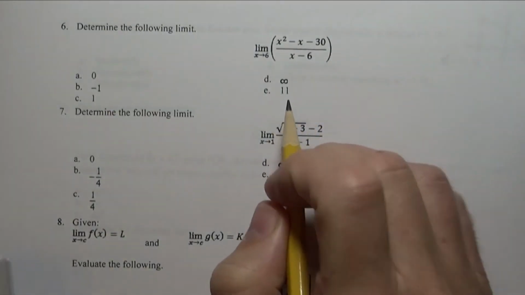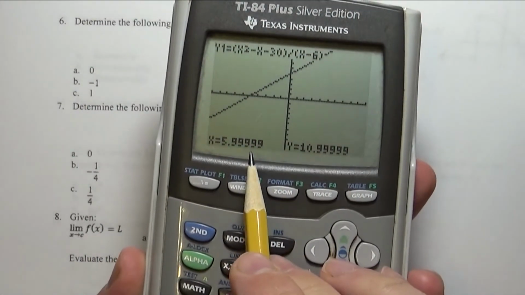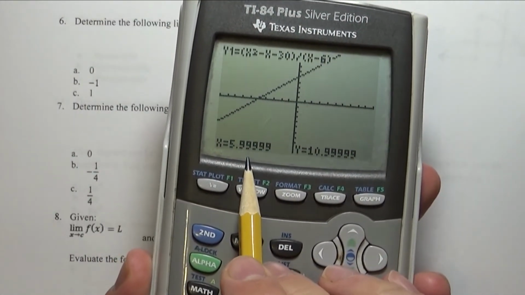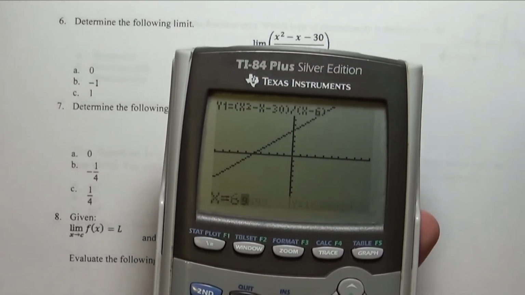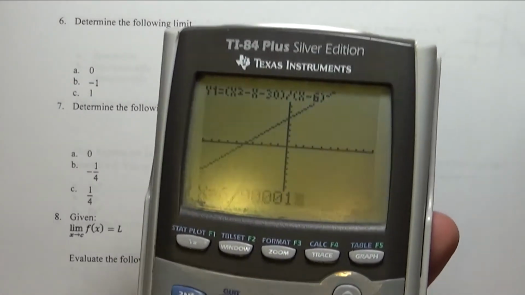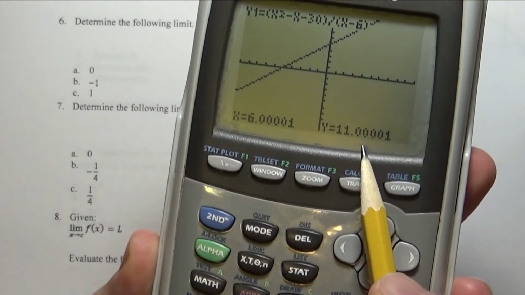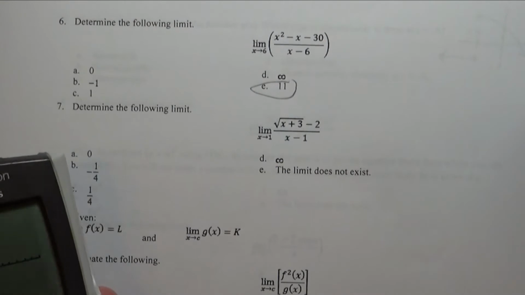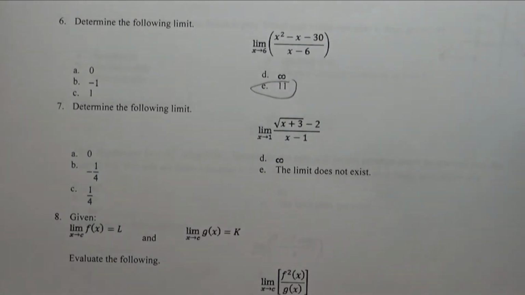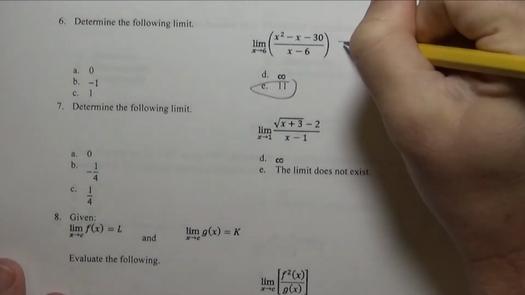The answer is 11. But what I should do is I should input not just really, really close on the left side of x equals 6. I should input really, really close on the right side. Now, that is the answer. But what if you have no calculator? What you do is